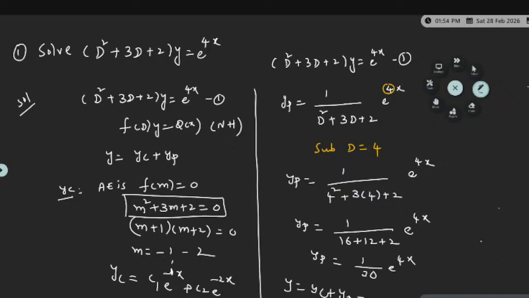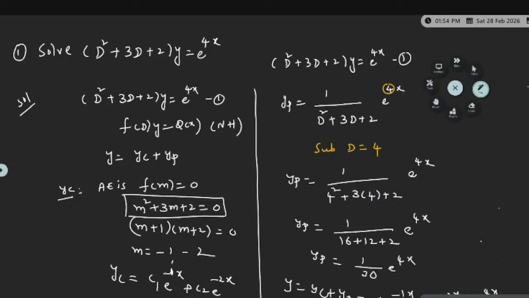You must join complementary and particular. What is the complementary? Plus e power 4x by 30. And the most important thing is if you substitute D equal to 4, the denominator is